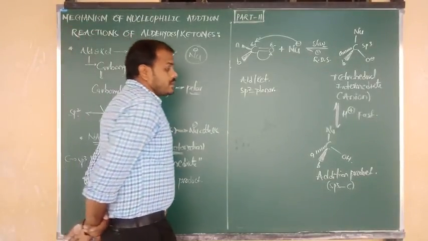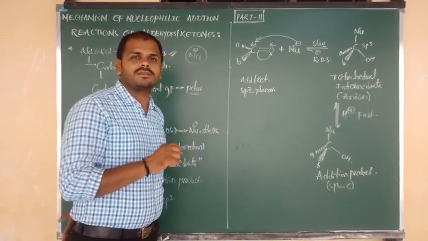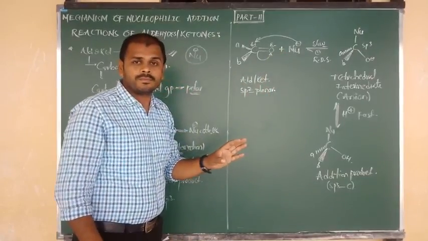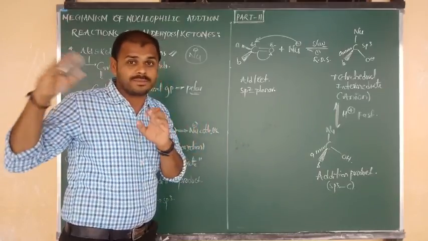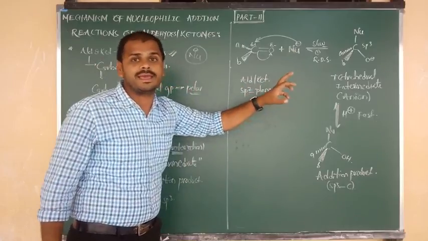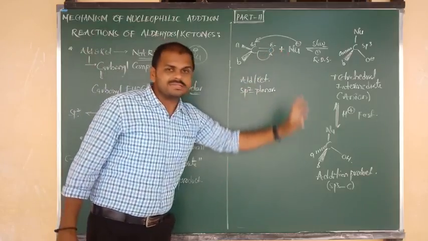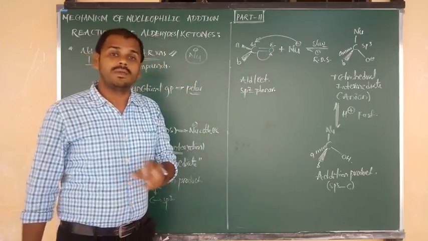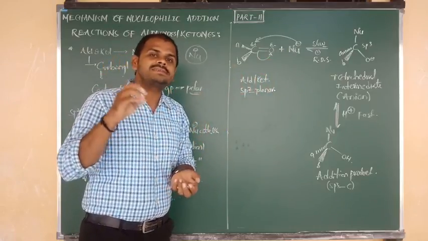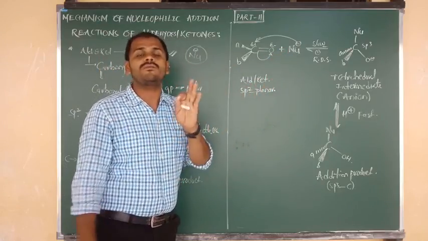Right. So sometimes try to remember one condition. Actually, nucleophilic addition reactions are nothing but base catalyzed reactions. But if the nucleophile is weak, in that case, I will show you the reaction. Don't worry. I will tell you directly, beta. If the nucleophile is a weak nucleophile, in that case we have to take an acid as a catalyst. So if the nucleophile is weak, then the reaction requires an acid catalyst. Acid catalyst is needed, beta. In which condition? If the nucleophile is weak, then we have to take the help of an acid catalyst.